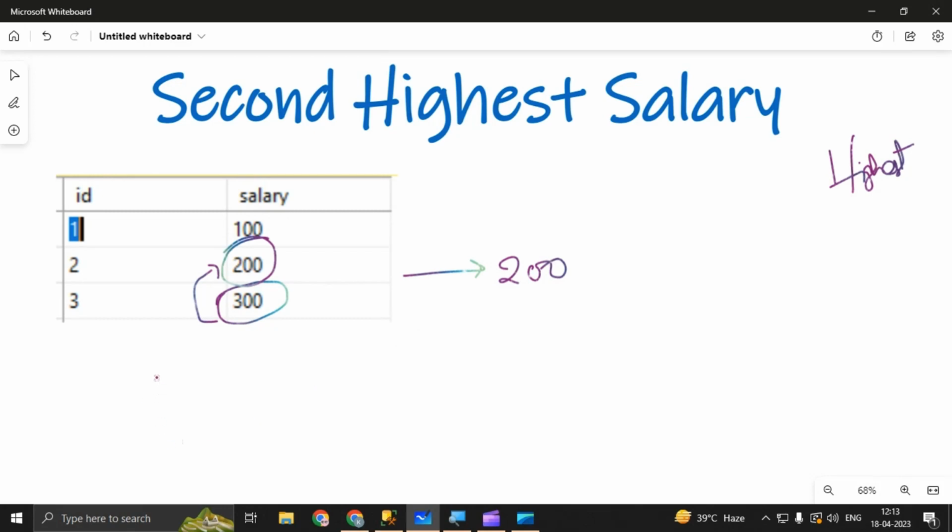Let's say we have given a table where each and every employee is having the same amount of salary. Employee ID 1 is having 100, 200, 300. So in this case there is no second highest salary, so in this case we need to return null as